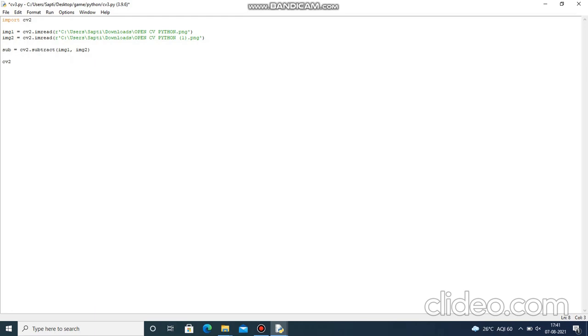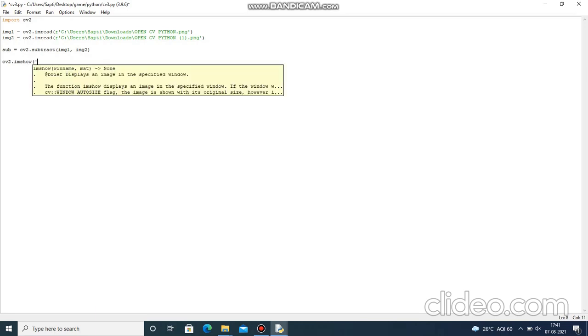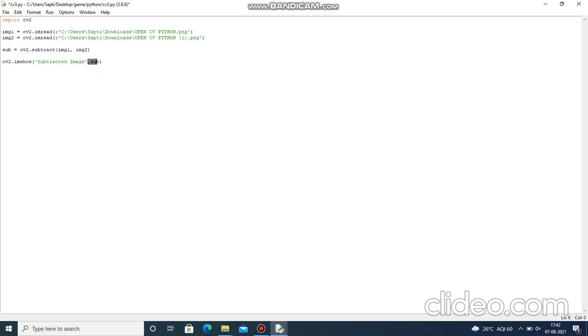Now let's show it. cv2.imshow, let's give subtracted image, is equal to sub, which means in this sub we are going to store the subtracted image, right?